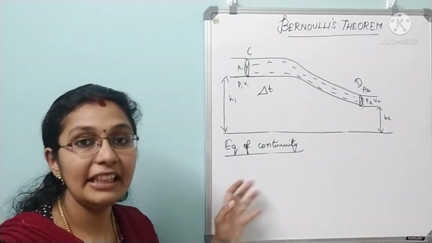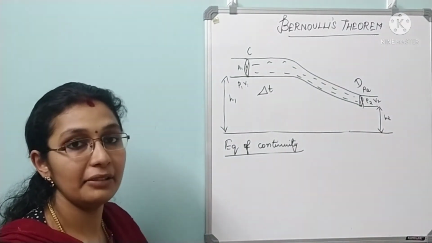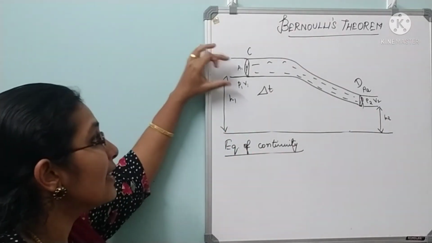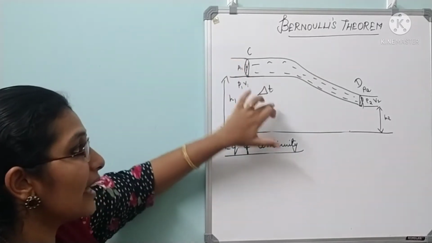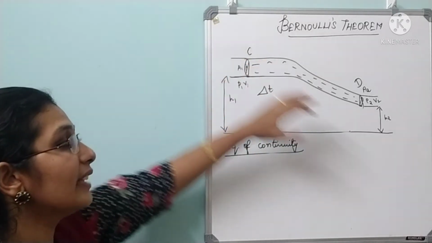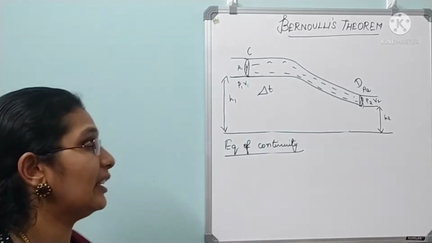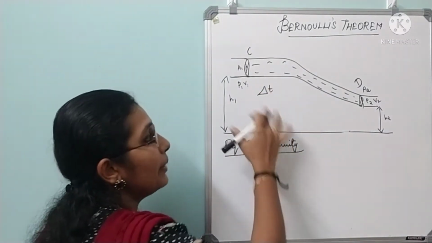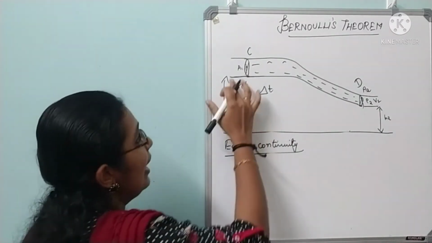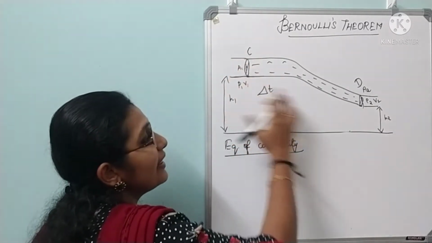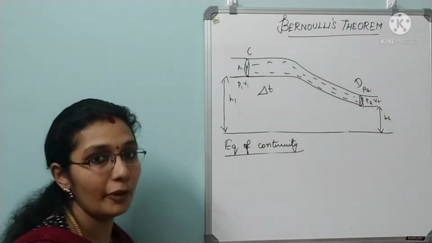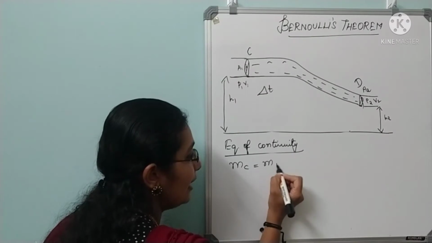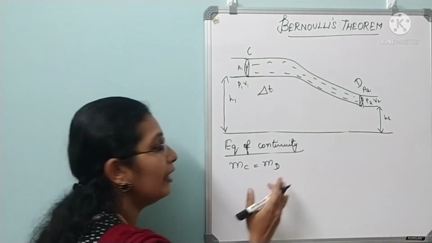First, let us understand the equation of continuity through which we will derive the remaining equation. What it states is that the mass of liquid entering at a point in a certain period of time is equal to the mass of the liquid leaving some other point in the same interval of time. So let us consider a time period of del t. In that time, the mass of liquid entering point C is equal to the mass of liquid leaving point D. So I can write it as mc is equal to md, right? This is how we will prove it.